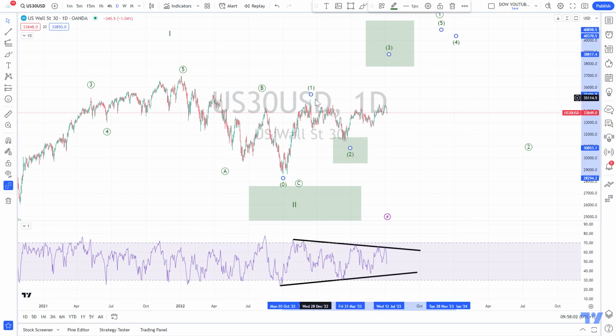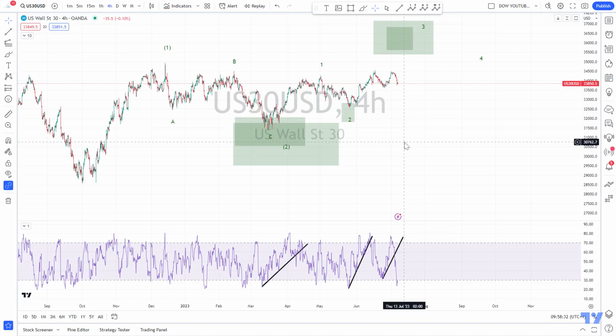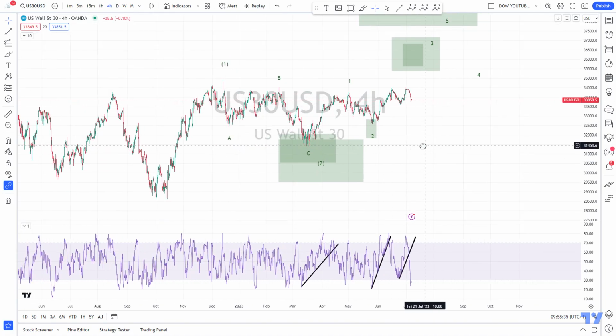If we would take out this high, we would have more confirmation that we are actually going up towards this area. It would mean that we start a sequence in the daily of higher highs and higher lows. So far, from here we had lower lows and lower highs, so this would mean that we have a turnaround. But also here I assume a bullish scenario, but please be aware that the bearish scenario can still play out. Then we go to the 4 hour.